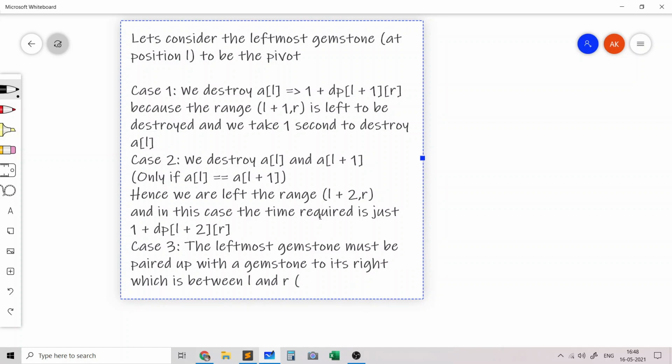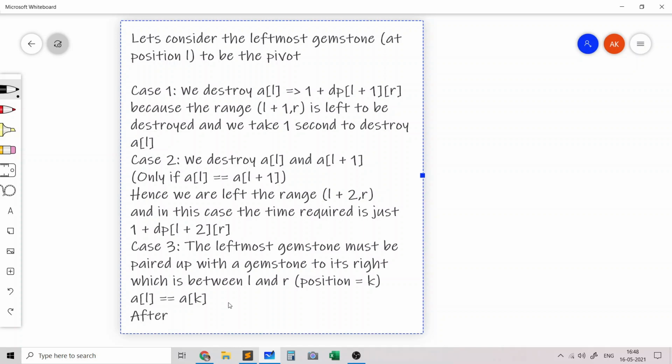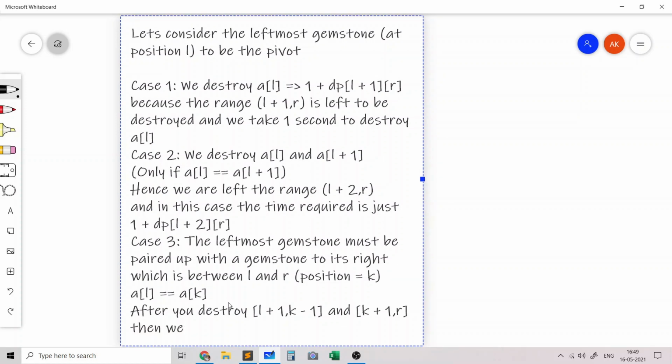So let's say that the position is K. So K represents the position at which AL is equal to AK, and this is the gemstone which the leftmost gemstone is paired up with. And by paired up I mean that after you destroy L plus 1 to K minus 1 and K plus 1 to R, then we are left with a palindromic substring or subsequence